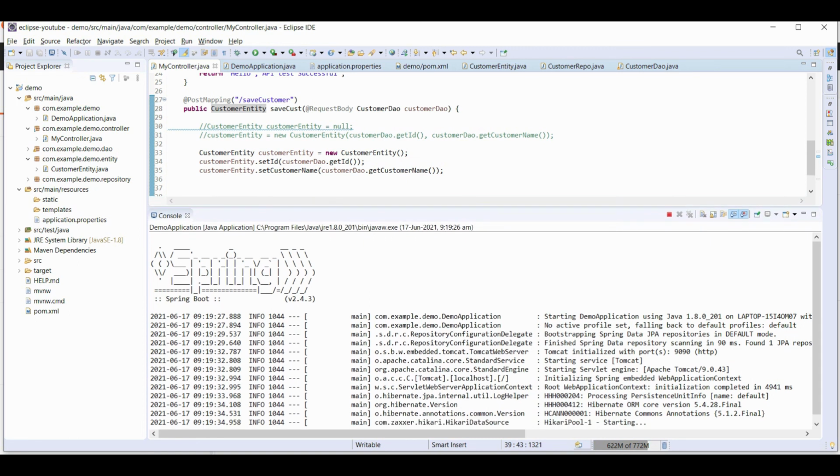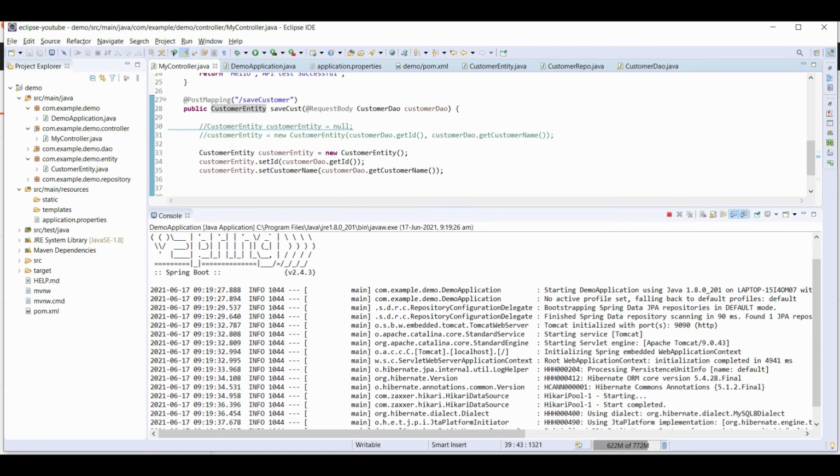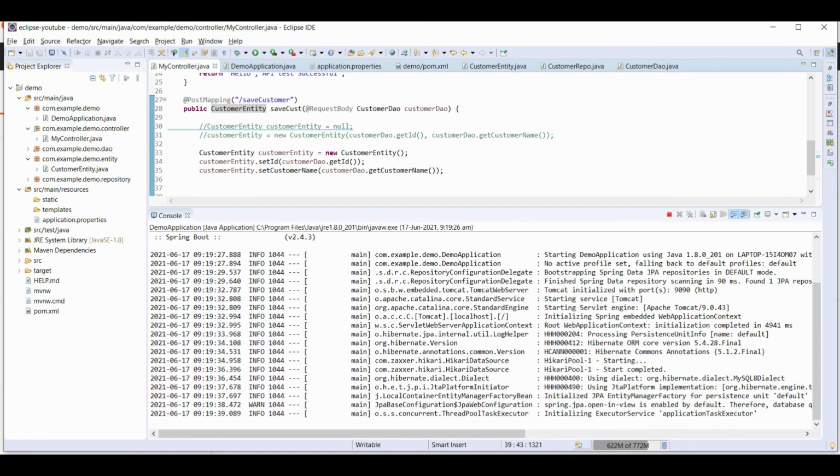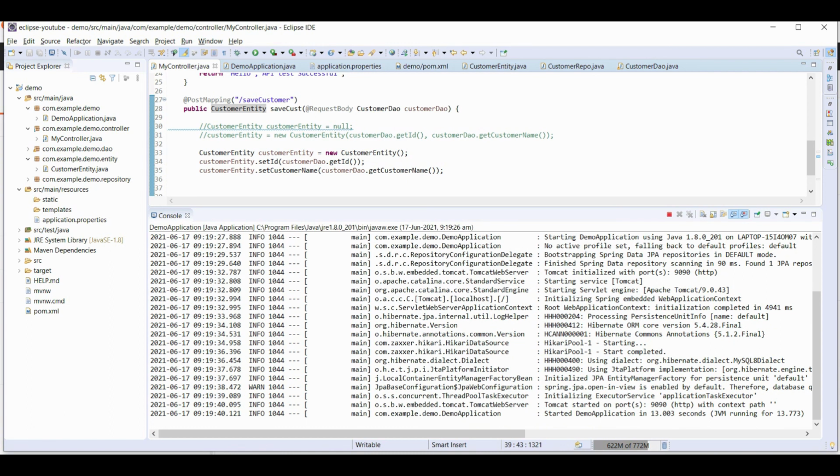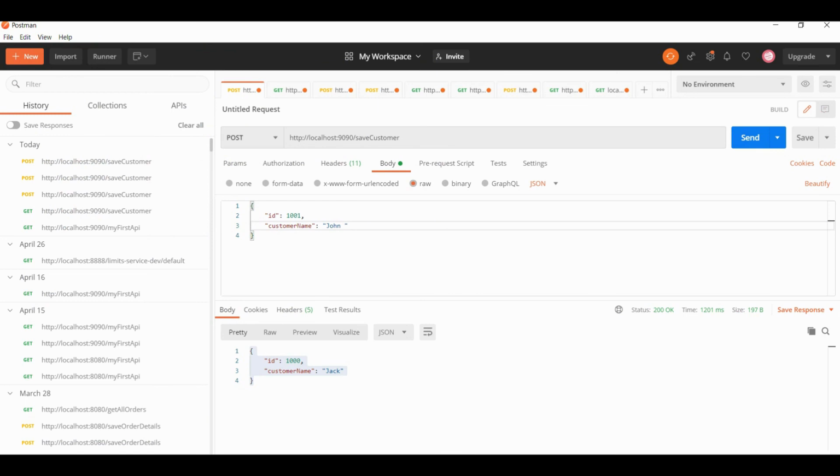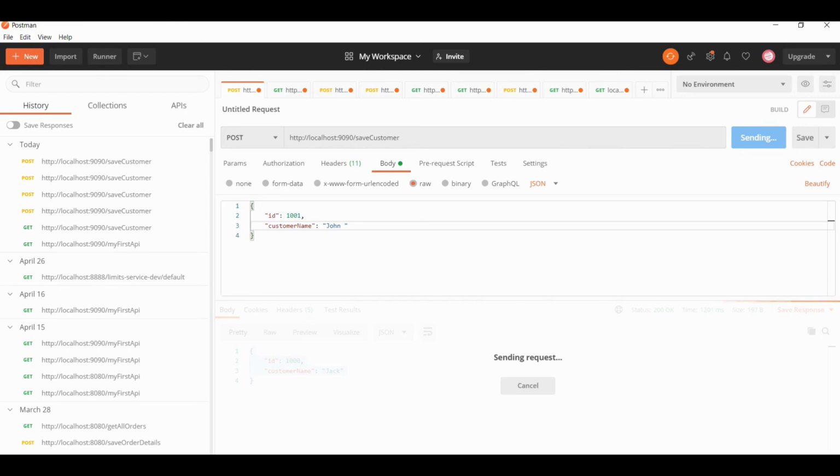We just want to make sure that whatever data we are sending through Postman should be saved into our database. So we are sending 1001 as ID and name as John. So hit this API, and yes, we have successfully created our post API call with the standard industry practices.